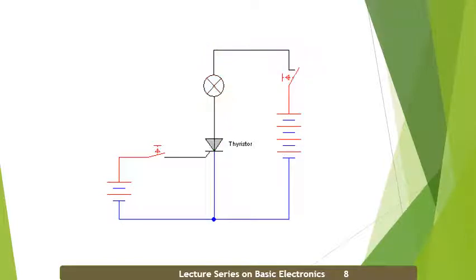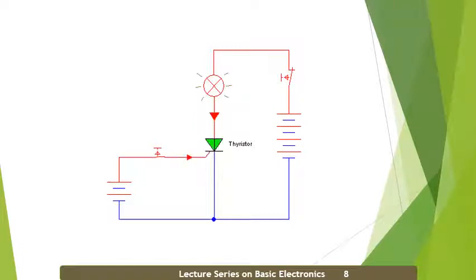This indicates that whenever you apply the voltage between the anode and cathode, the device will still be in the off condition until and unless you apply the gate voltage. The voltage applied to the gate terminal and the cathode will induce some small current. That current will make your SCR switch on. Once the device is switched on, the gate will not have any control over it, so it continuously allows the current to flow from anode to cathode.